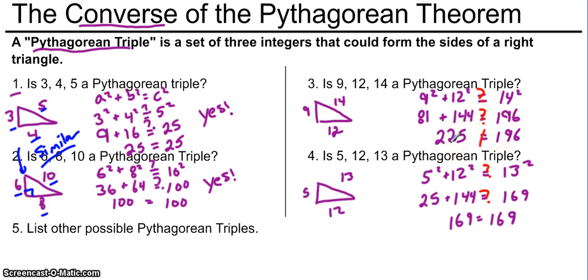Those are not equal to each other, and so this is not a right triangle because after substituting those sides in, it did not work with the Pythagorean theorem. So no, this is not a right triangle. And we could have told this another way. If you look here,